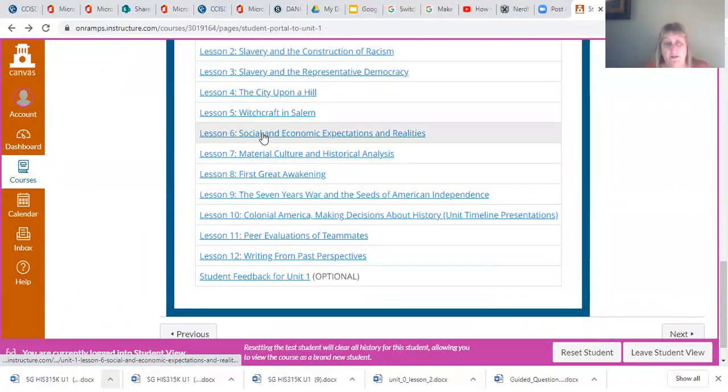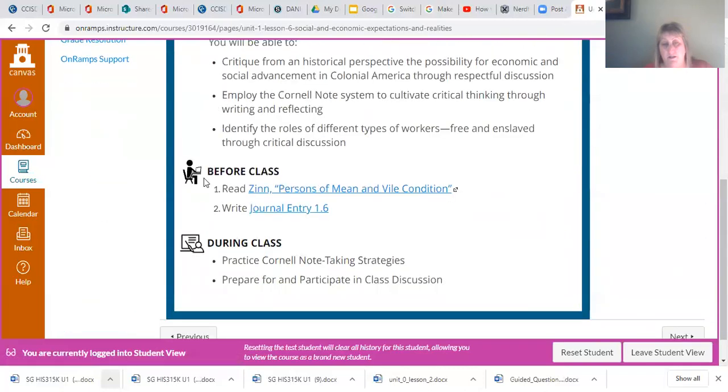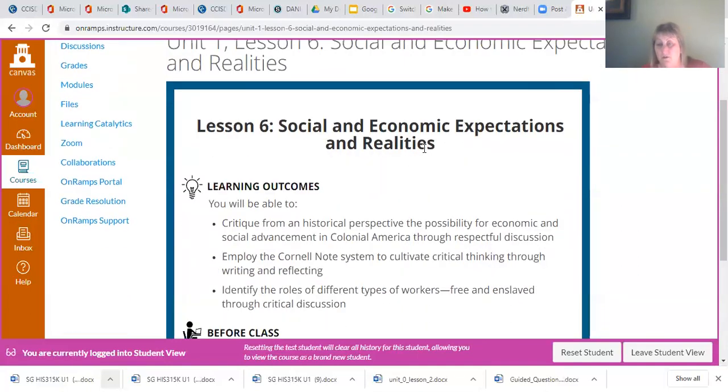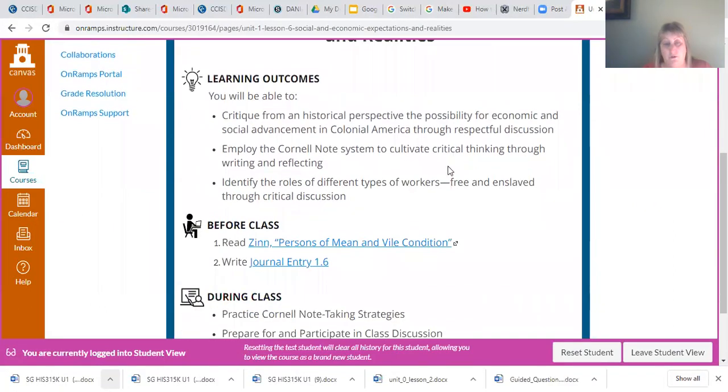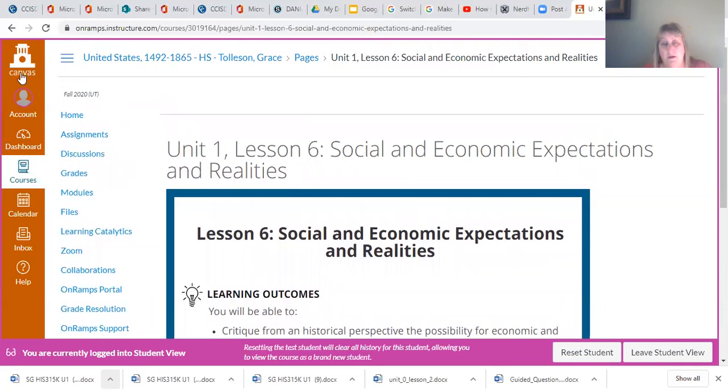You should be setting aside some time every day to do some reading, if not more, because if you haven't noticed already, these are not short readings. They're usually a chapter or an excerpt of a chapter, and so you need to set aside some time and start working on these readings,